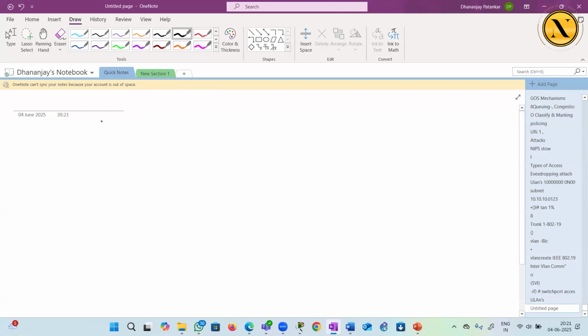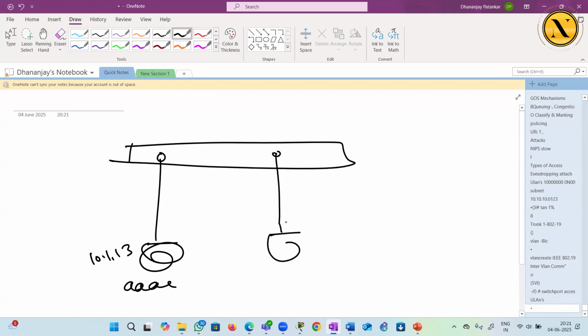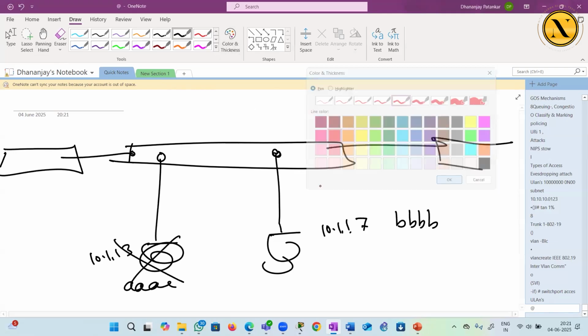So what happens in port security is you're the admin. You want this guy, MAC address AA, whatever it is, whatever IP address, to work only on this port, right? He should connect only on this port. You want this other guy, whatever it is, to work only on this port. And that's it. So if anybody else tries to connect some other PC here, if he removes this one from here and tries to connect some other PC on this port,